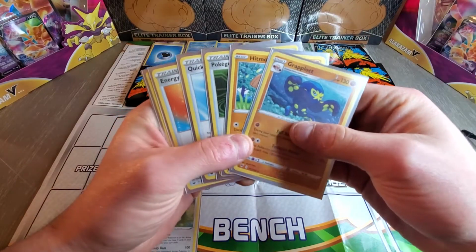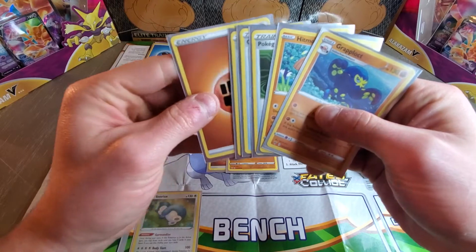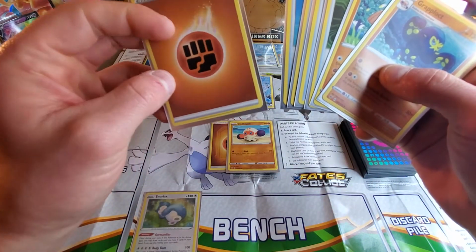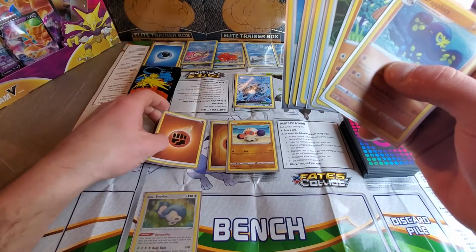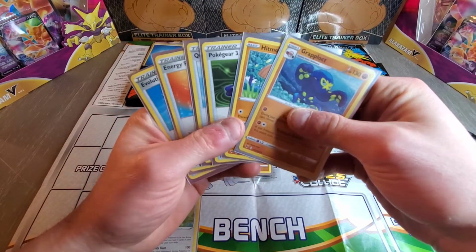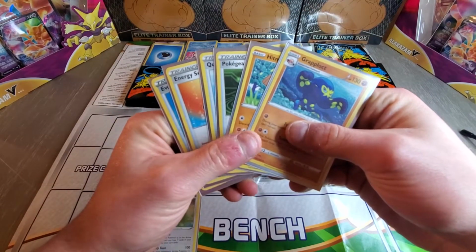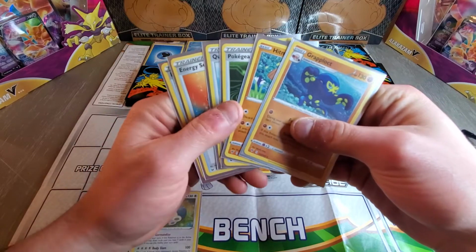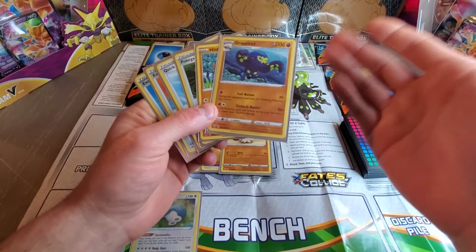Number 1, you can put a basic energy or a special energy onto your Pokemon. So let's say I want to energize this guy here. I could do that because I took the energy from my hand and I put it there. Now you can only do that one time unless you have abilities on your other Pokemon that would allow you